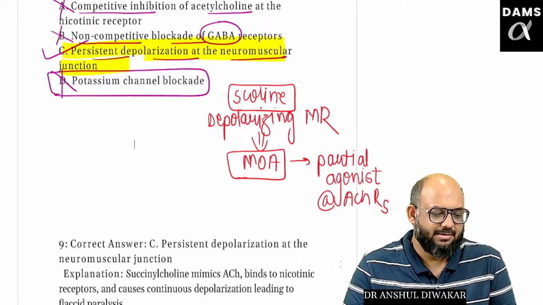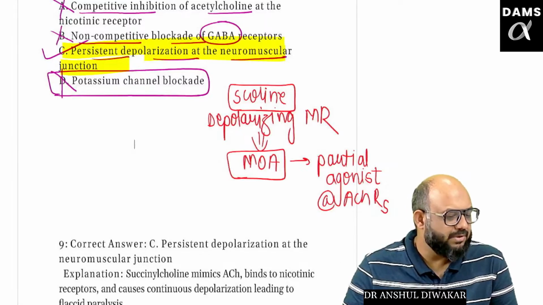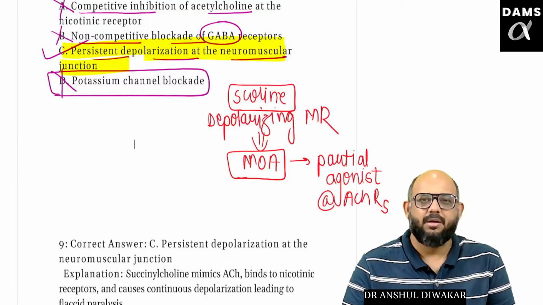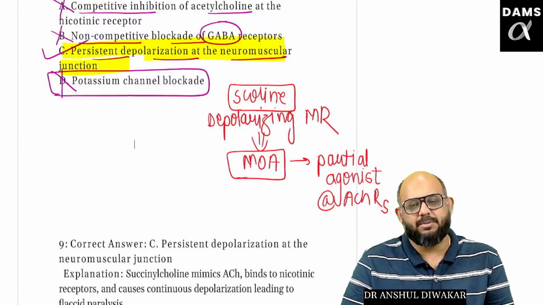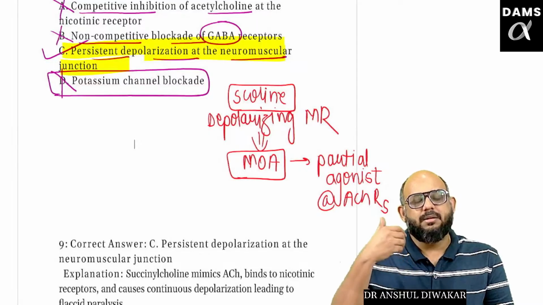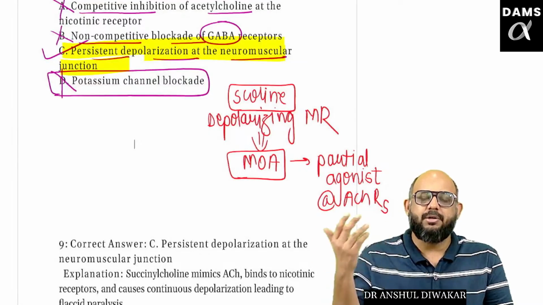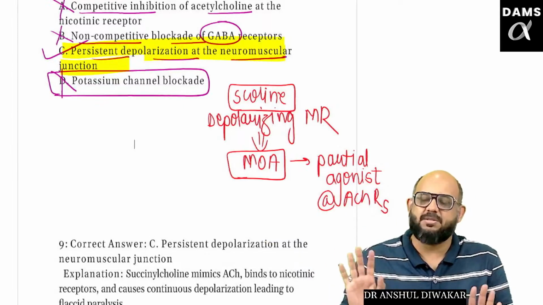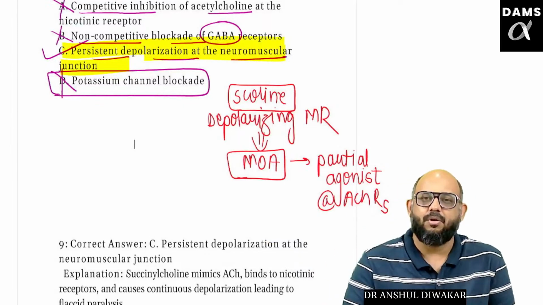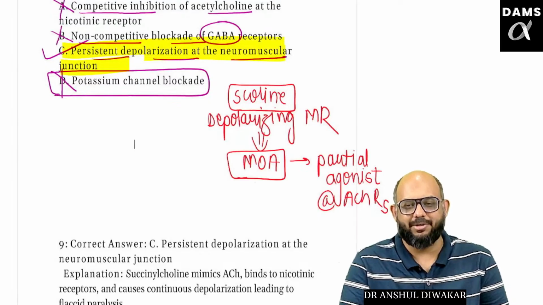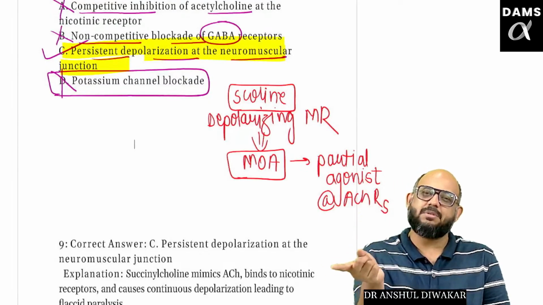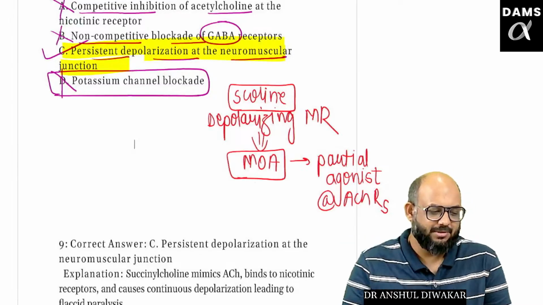Yes. Again, if it is irreversible blocking, think about it. You are saying it causes irreversible block of the receptor. That means once you give the drug, unless it destroys the receptor and new receptors are made, your muscle is paralyzed. While the hallmark of action of scoline is ultra fast onset, ultra short duration. So how can an irreversible blockade cause ultra short duration?